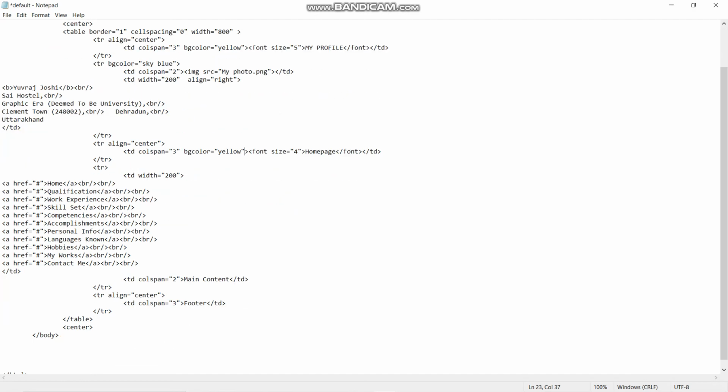Likewise, in the home page I gave it yellow, and in the navigation section I gave it sky blue. In the main content I gave it yellow, but I don't need it here, so I give it on the footer because main content would be displayable.